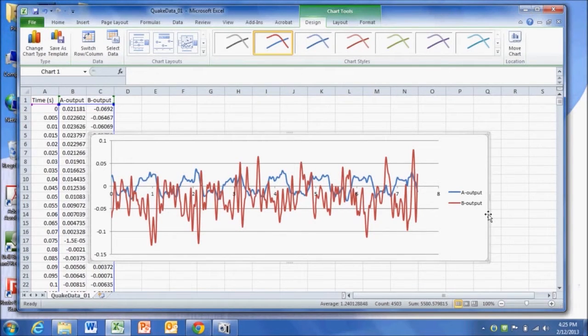The first thing that I want to know is which column of data, A or B, represents the accelerometer at the base and the accelerometer at the roof of the model. Well, my colleague already told me that the accelerometer at the base was accelerometer B, which is this red curve here, and the accelerometer at the roof was accelerometer A, or the blue curve here. Normally when you analyze this data, you want to get the earthquake frequency and the peak acceleration at the roof. To get the earthquake frequency,